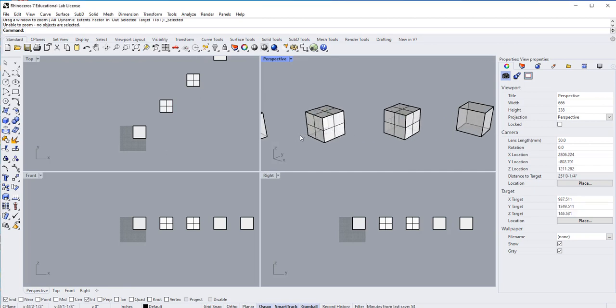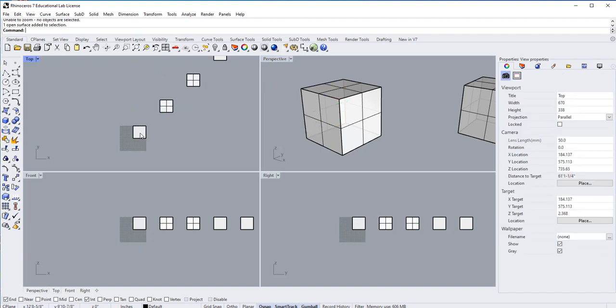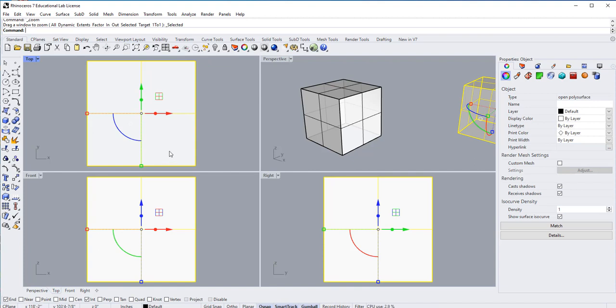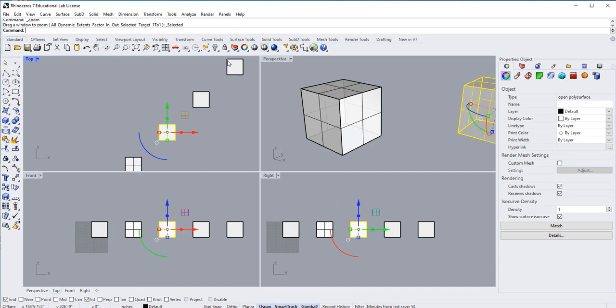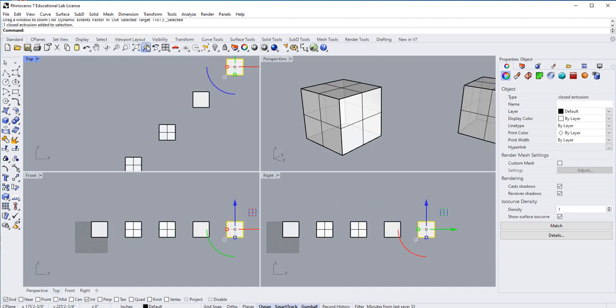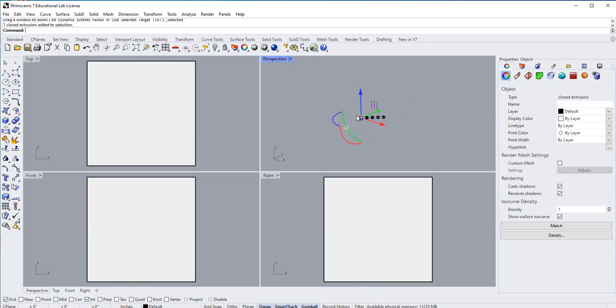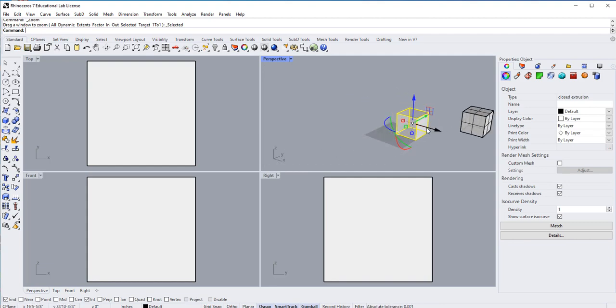Oh, it's probably not. That's what happened to me. See, it worked fine there. So it's supposed to zoom right into the object that you selected. So if I select this one and click here, it will zoom in right there. If I select this one, hit that, it should zoom right into that. Okay? But anyways,